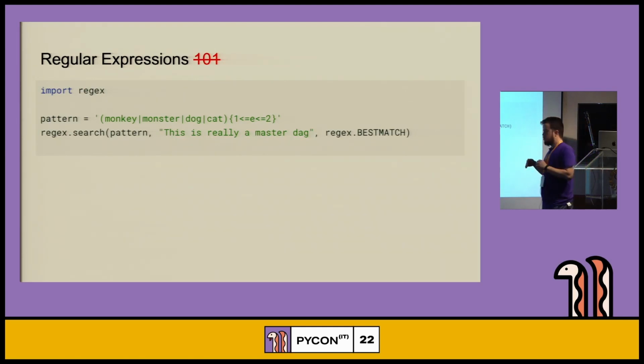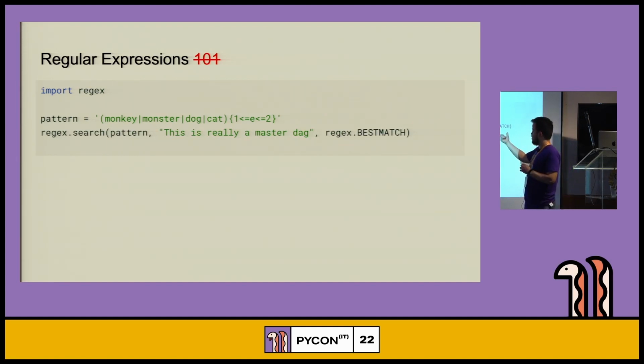So far, all we have seen in the re module are functions that are based on exact match. But if we go a bit further and use a third-party module like regex, you can do a fuzzy match. How does it work? Here we have a pattern that is basically saying I want to match any of the words monkey, monster, dog, and cat with at least one error and at most two errors.